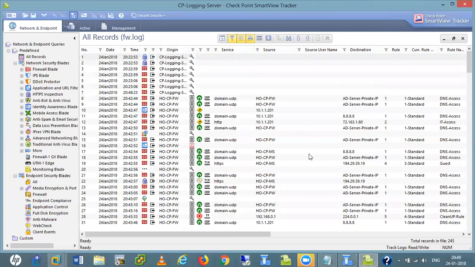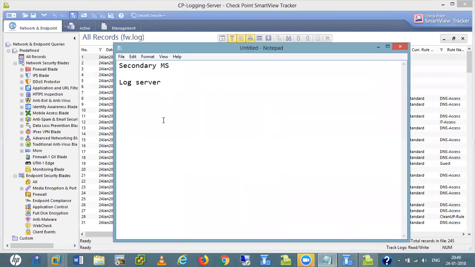Now let me also cover how we can take backups. In Checkpoint, we have around 3 types of backup. Backups in Checkpoint, we have 3 types.